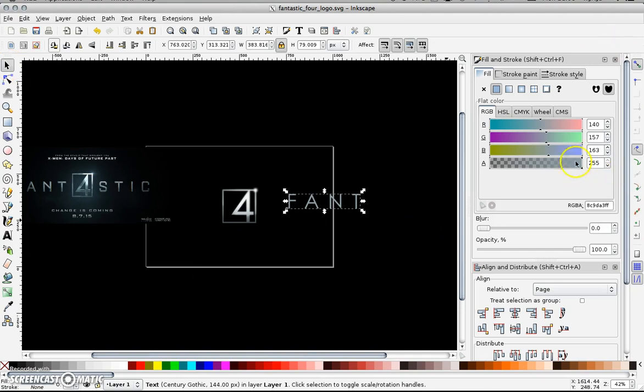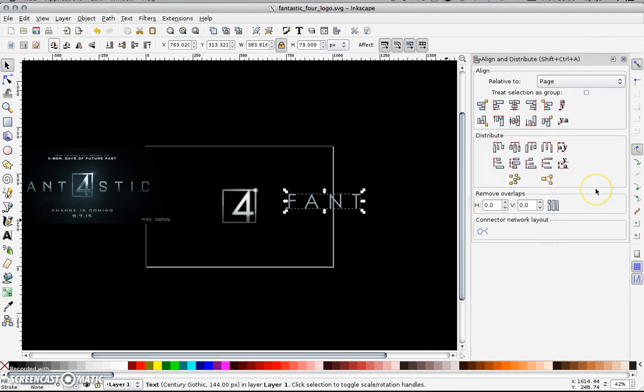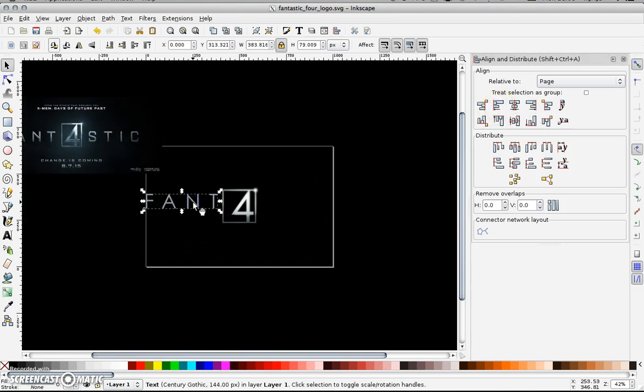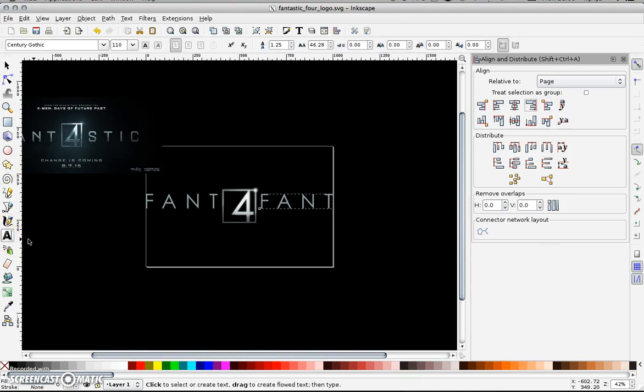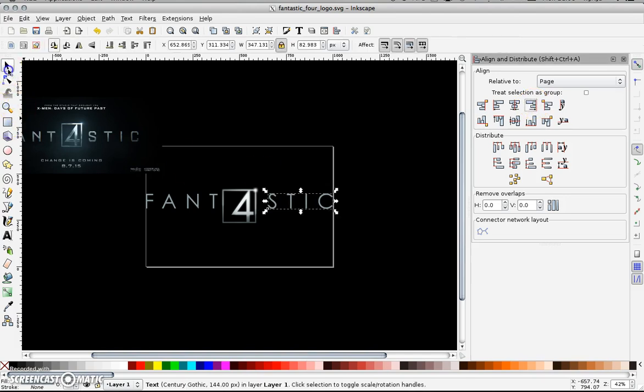Okay, now I'm going to close my strokes because I don't need that for a second. I'm just going to push that in relation to the page right to the end, and I'm going to duplicate this and send the duplicate version right to the other end. And I'm just going to change that to stick, place that there. Now both